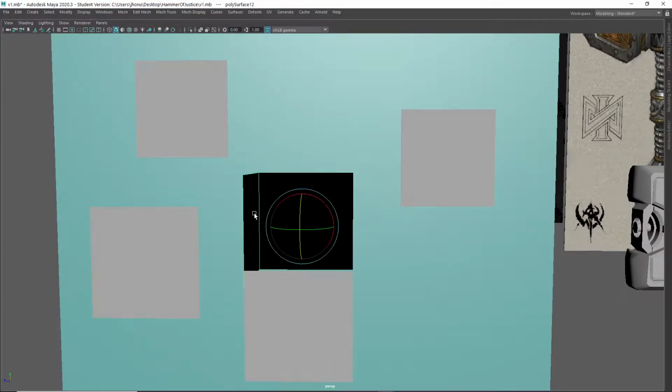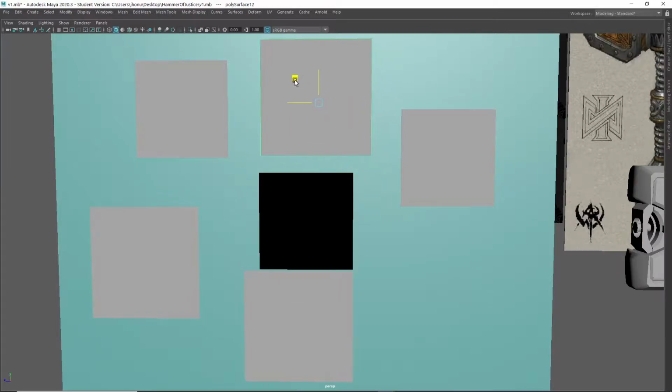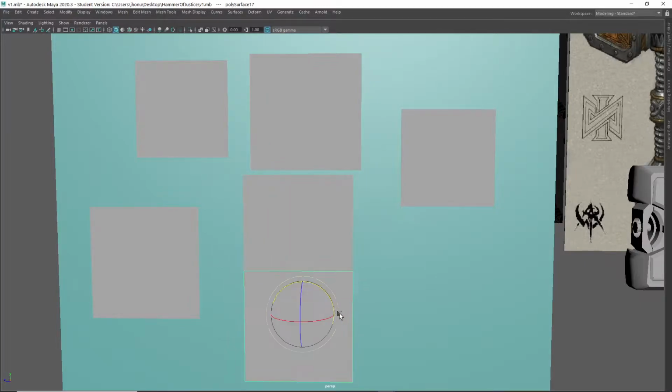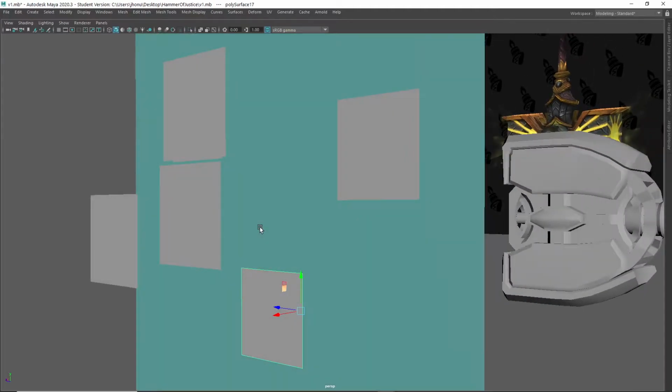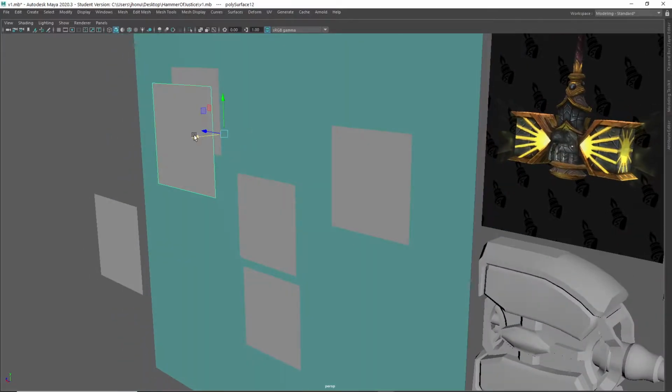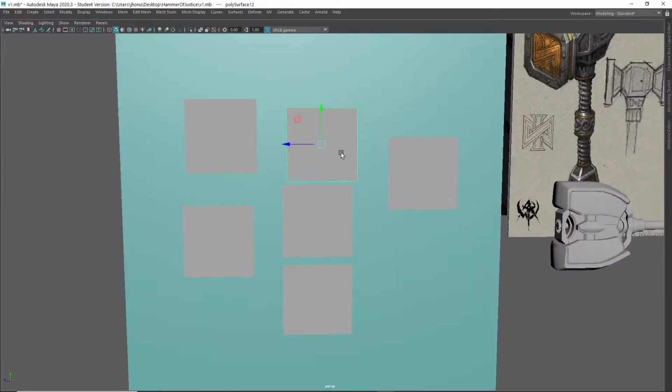And now if we go to Photoshop, we can actually paint over these squares. So we can go into Photoshop and paint on this, and this is going to be the front side,